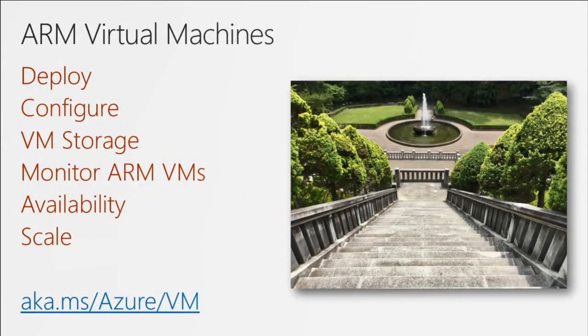Virtual machines, IaaS. Here you get 6 sections: deploy, configure, storage, monitor Azure Resource Manager VMs, availability, and scale. And the link will take you to the correct location. So under the first section, you need to think about identifying workloads that can and cannot be deployed and run those workloads,